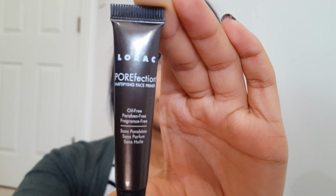in with primer. For this, I'm using the Lorac Perfection Primer. This is just a sample I got from Sephora, and so far I'm liking it. It seems to work really well, so I will let you guys know if it lasts all day. But basically, I press this into my skin, underneath my eyes, and then all over my face for underneath my